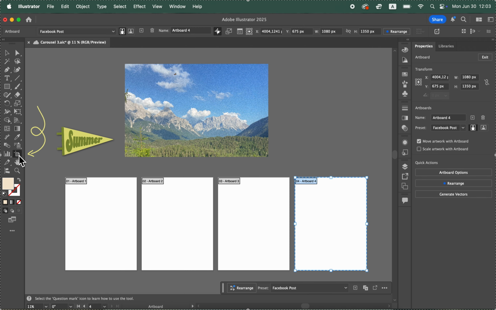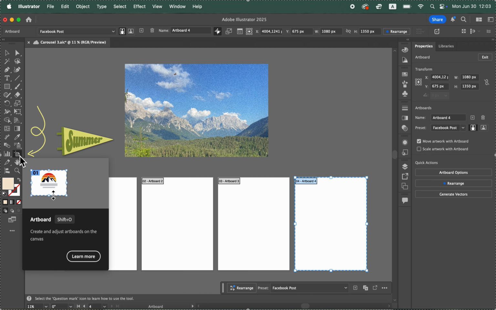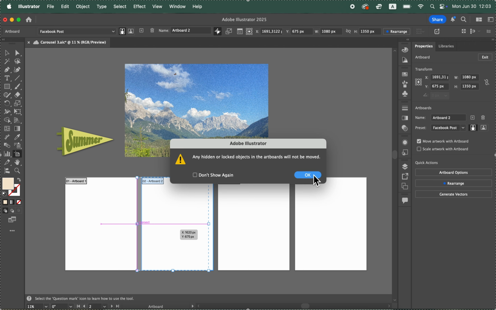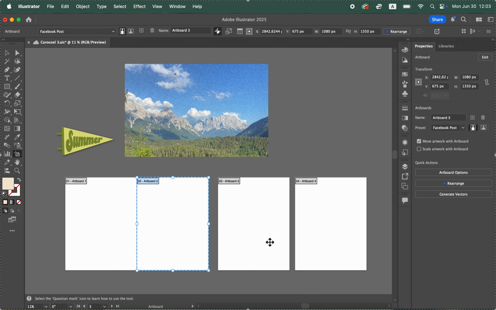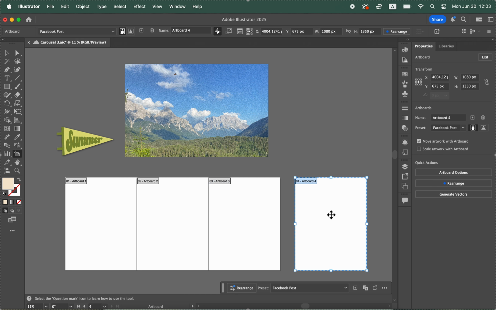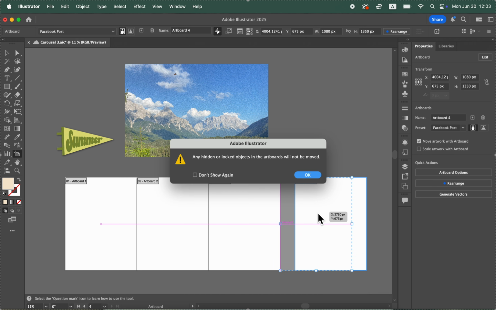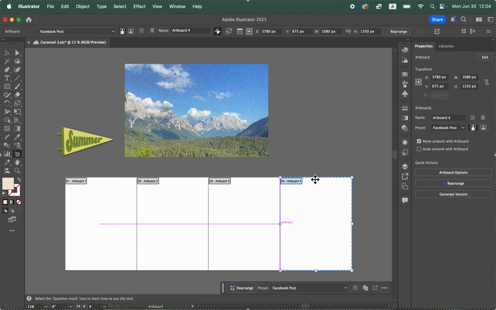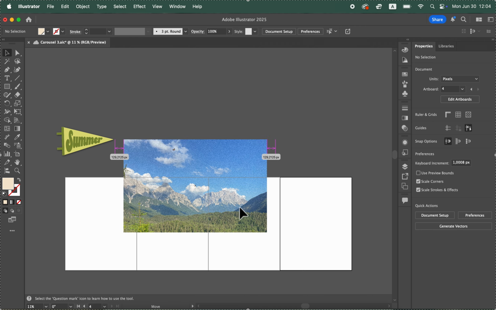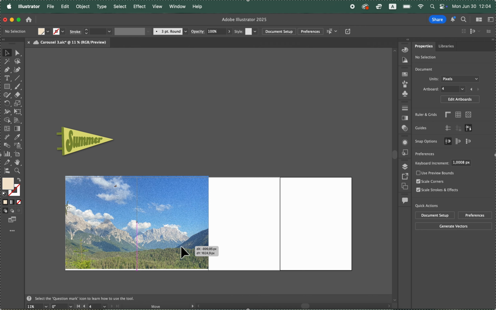Okay, so I'm going to go ahead and I'm going to edit these artboards. The key to a good carousel is that your artboards are flush together. You can achieve this by holding and dragging your artboards until they are against each other. You can see that the snapping guides will kind of tell you like this is center and this is flush together. So now I'm going to drag my image that I had discussed, and I already cropped it to fit